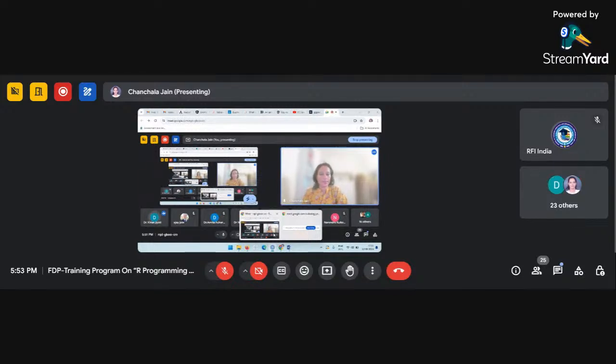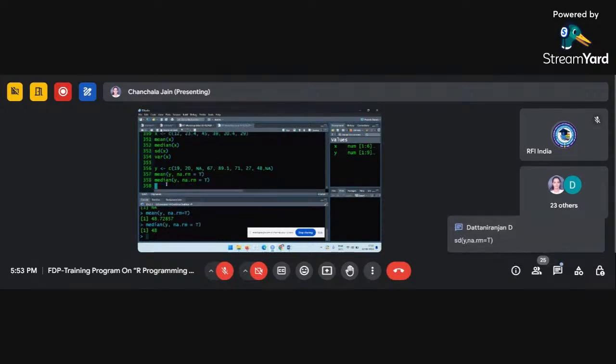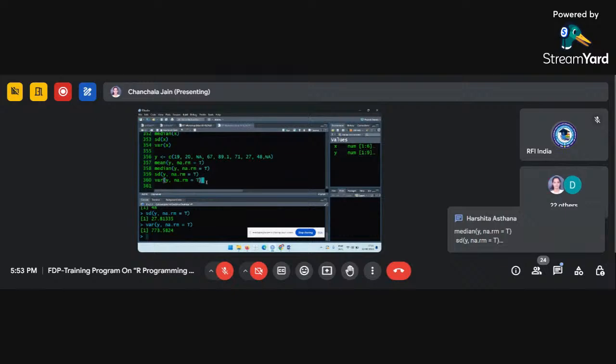By applying the same. Yes, very correct. So you can copy, I think copy will save your time. And that way you can write median. Similarly, you can use SD. Similarly, you can use variance. Fine. So this way, this is what we have performed. These things we have performed for the